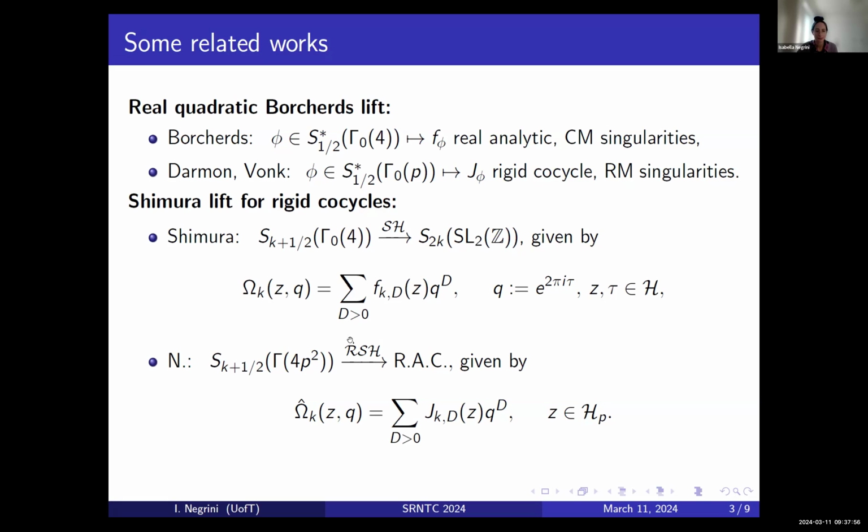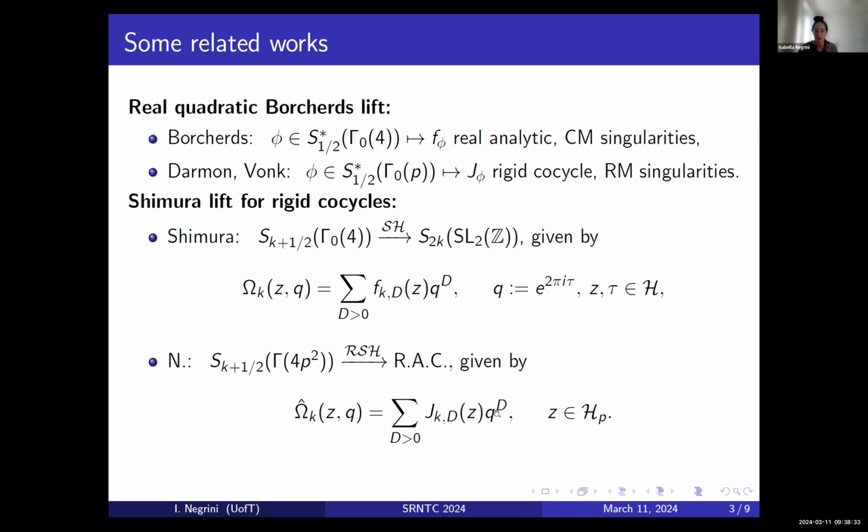And then similarly, in my PhD thesis, I defined a map from half integral weight modular forms to rigid analytic cocycles. I will define these cocycles later in the talk. And again, the definition uses a function of 2 variables where now Z is in the p-adic upper half plane. And now these coefficients, for Z, are rigid analytic cocycles. So before we had these Zagier forms, which were modular forms, and now we have rigid cocycles.